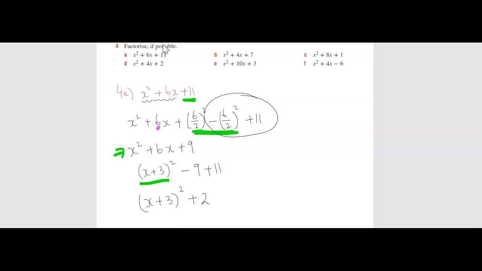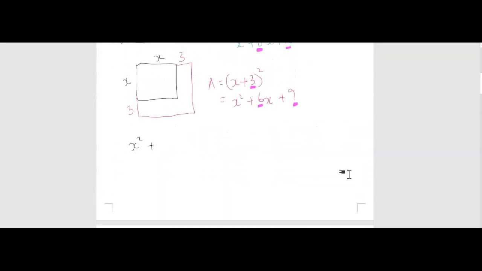You want to have this part here, you're completing the square, and then you're going to have some constant. So it's going to be minus or plus a number. Every time you do it, if you didn't have a plus or a minus a number, that means it would have been a perfect square to begin with. Now, in general terms,